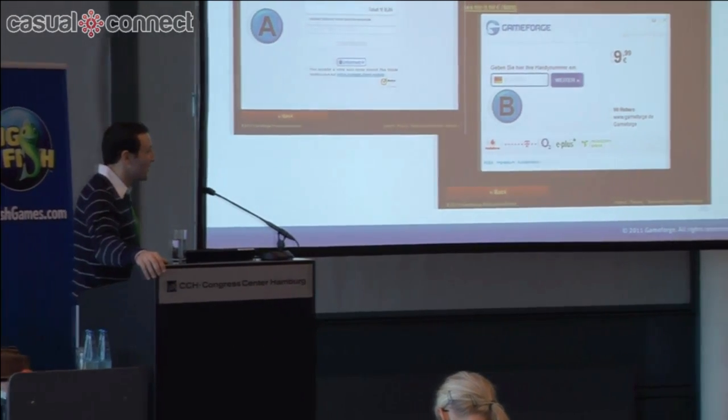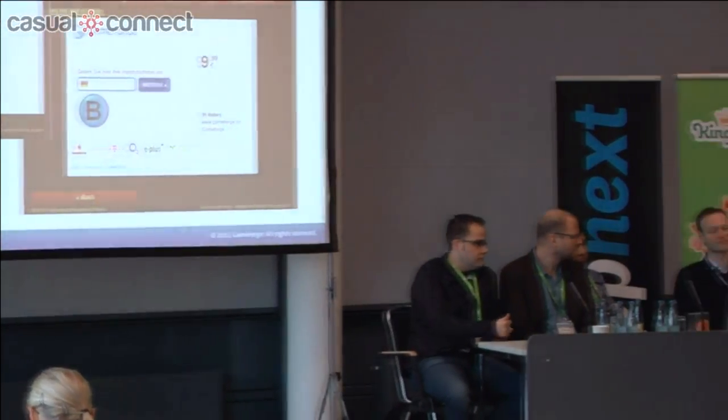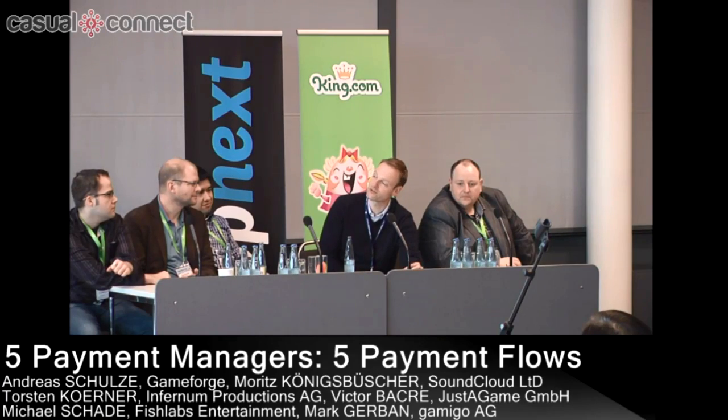We significantly increased the conversion rate when we switched from first showing the payment method to first showing the product. Mine is really short because there's no choice of payment in the app stores. That is untrue if you have Google Checkout, so you can have other payments, but right now there's no reason for us to push this heavily. We're going to run tests with others, so we're going to wait and see. My gut feeling is the users will use the kind of payment they're used to by default.